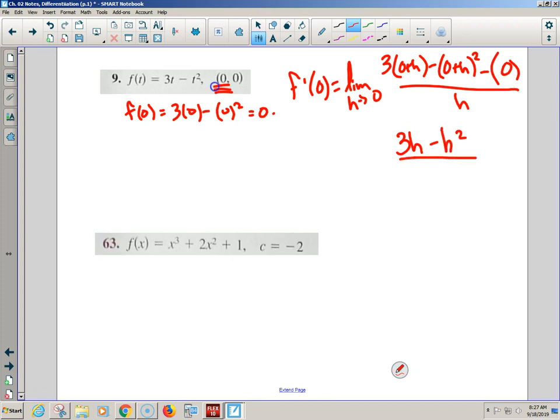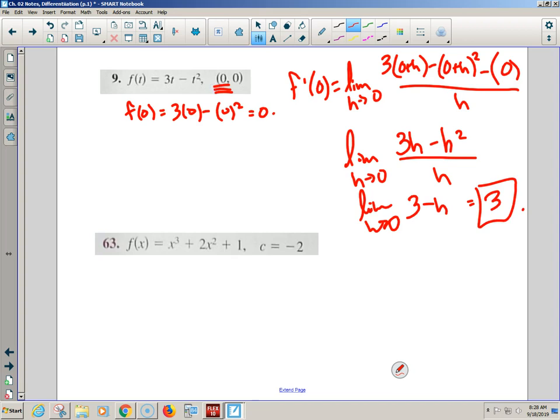This was actually kind of a nice one just because it was so different. But because it was different, it might have thrown you off. I would have reduced h's from everybody or pulled out an h and then reduced, getting 3 minus h. But did you rewrite your limit? If not, you might have forgotten you were supposed to plug in h is 0 to get your 3. Good? Okay. This next one, I'm not going to do the entire thing just because there is a video, but can I set it up?